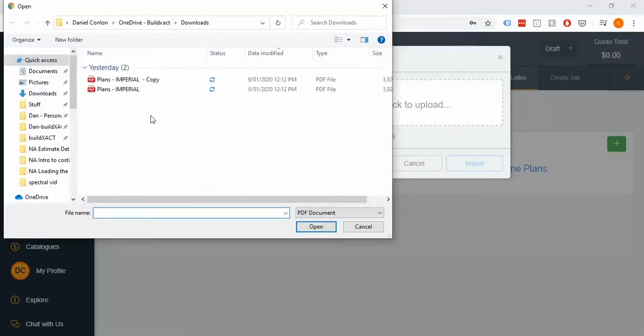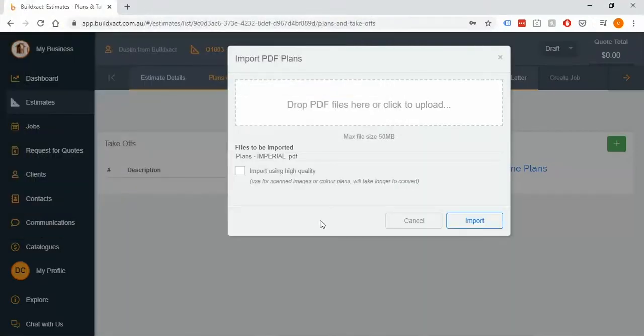You'll see I've got the plans from the previous video, the demo plans here. And a quick note, sometimes we get asked this, is if you do have multiple files, so say like architectural and engineering as an example, that's completely fine. You can select multiple files at once and it'll just simply merge them together when it brings it into the Buildxact system. And in this case, I'm just going to grab this one file here and it'll list the names,